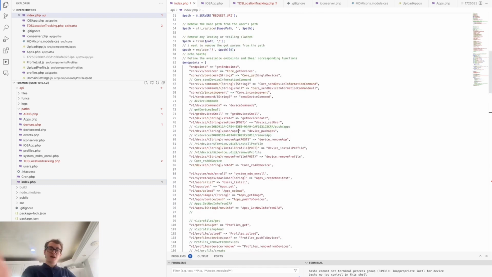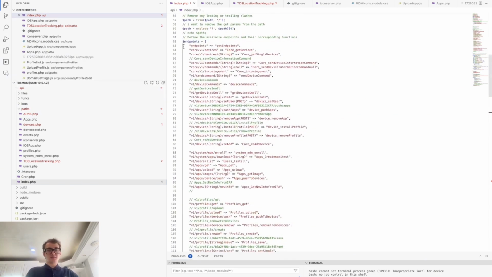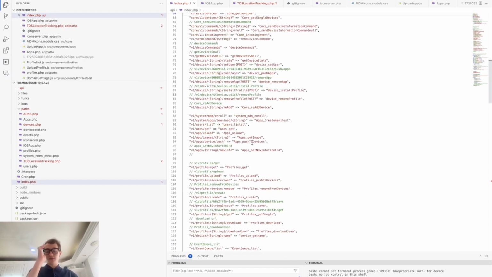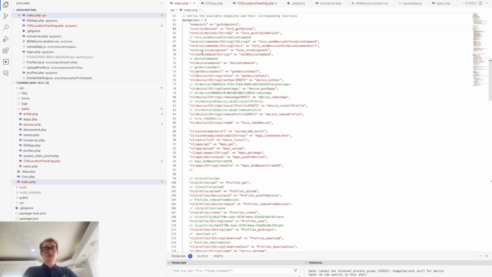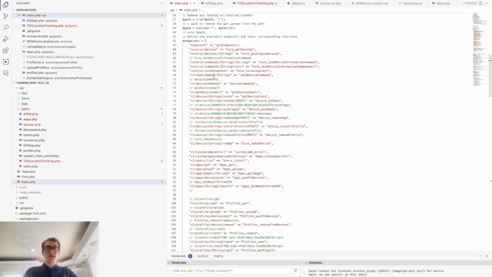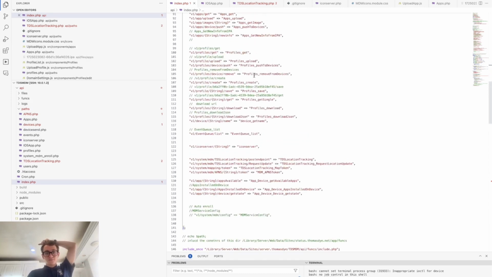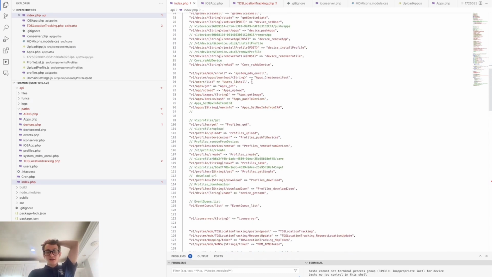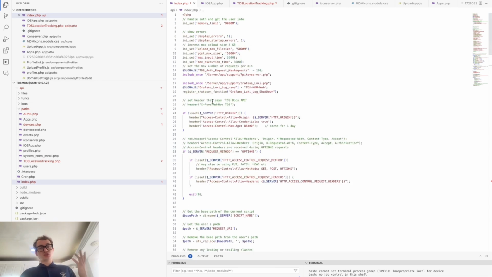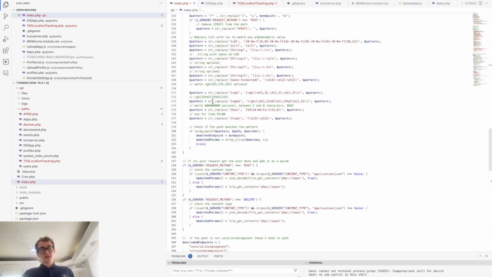You can see some of the paths, the endpoints, all that sort of stuff. This is send a command. We go to v1, send command, string, send the command. That calls the function send the command. There's quite a lot of things. I've been adding quite a lot of random stuff to make this work in the way I want it to do. But all of this is stored in